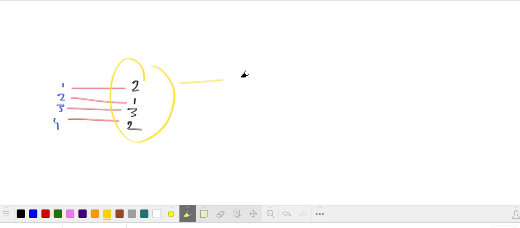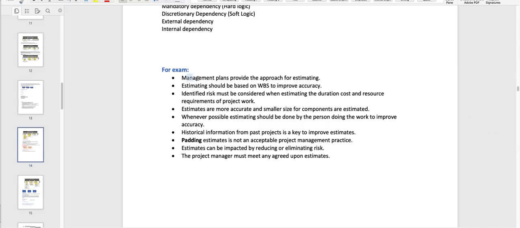So now there are different types of approach which you can use to do the estimation. When the project manager asks his or her team, what estimation do you want to give me for this particular activity, a person can use any of the approaches, and we're going to talk about those approaches here. Sometimes the company has already decided what kind of approach you have to use, but some companies don't have any particular approach, then you can use your own approach. So let's go ahead. It's saying the same thing. The management plans provide the